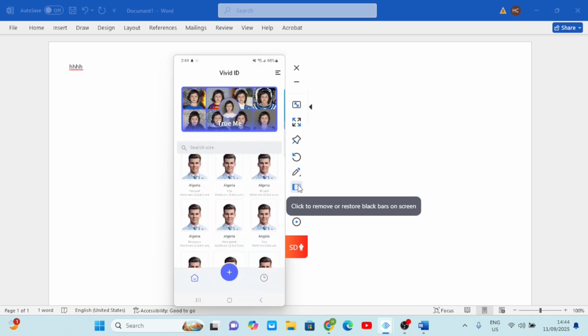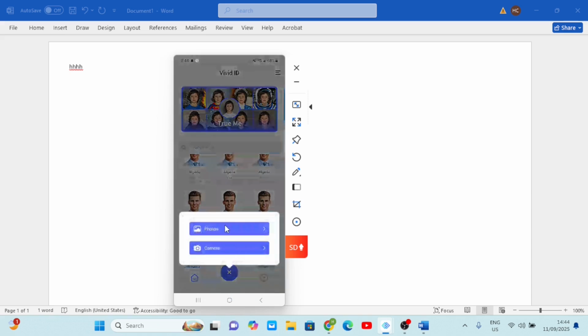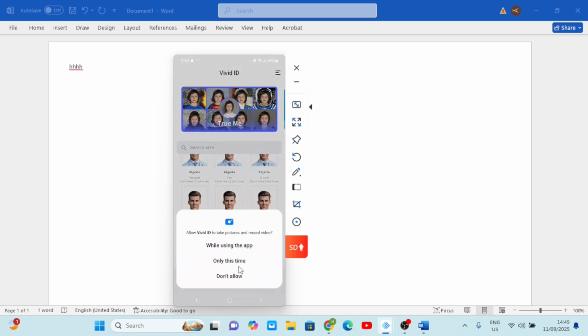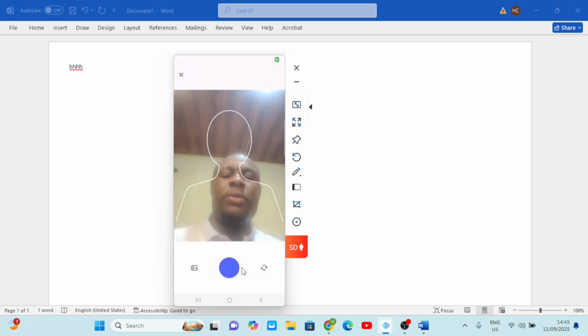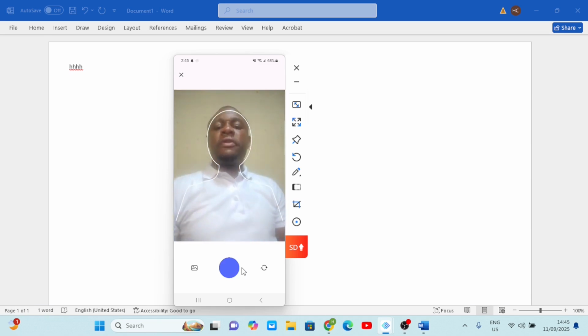click that off, and then while you are here, you click this small cross that you have. I click this cross. It will ask you whether you want to take a photo or whether you want to bring a photo from your phone or whether you want to use the camera. So let's use camera, guys. It says allow this time. I just want to allow it this time. So that's my face there, guys. You see? So I'm going to fit my face in that space, and then I click